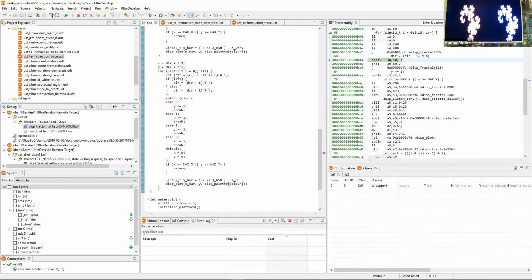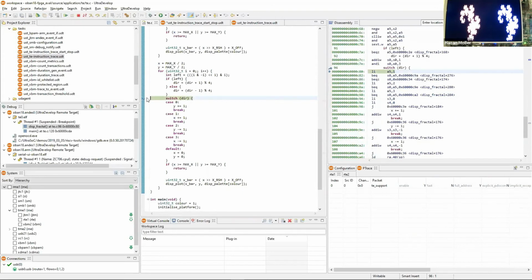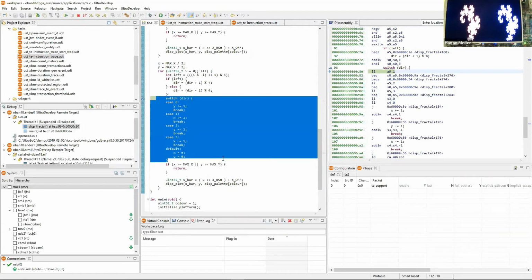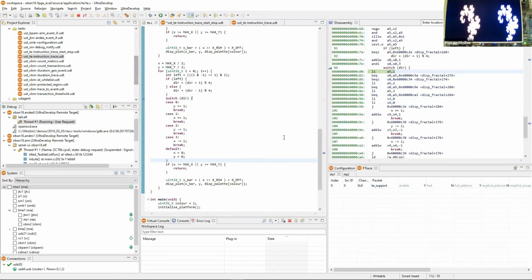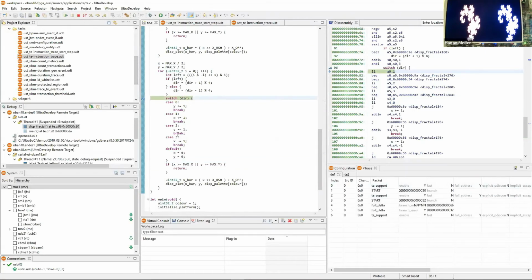So once this is in place, I will now let the code go on running. So we've hit the breakpoint in here. The trace address range I've requested is the one being covered by in this range. So we're just at the start of this range,